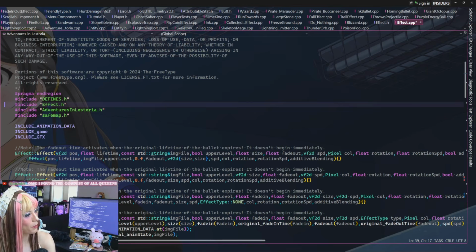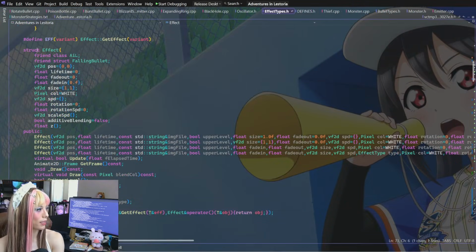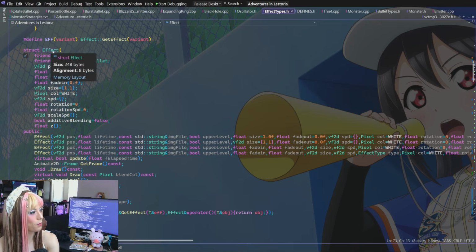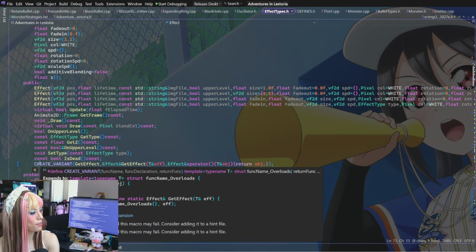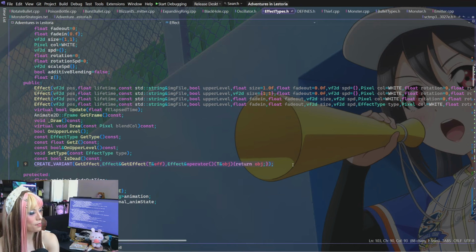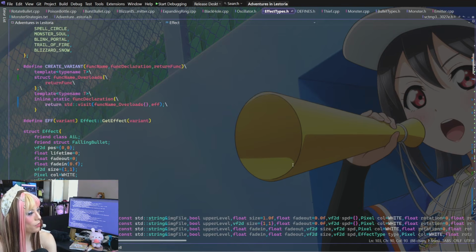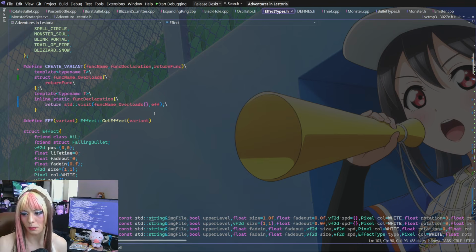Well, that might not be true. The effect class is not necessarily generated on the fly, it's predetermined, right? So this templated class, this template does not get executed for every type. I think that's the issue, this has to be outside, like in a global scope or something.